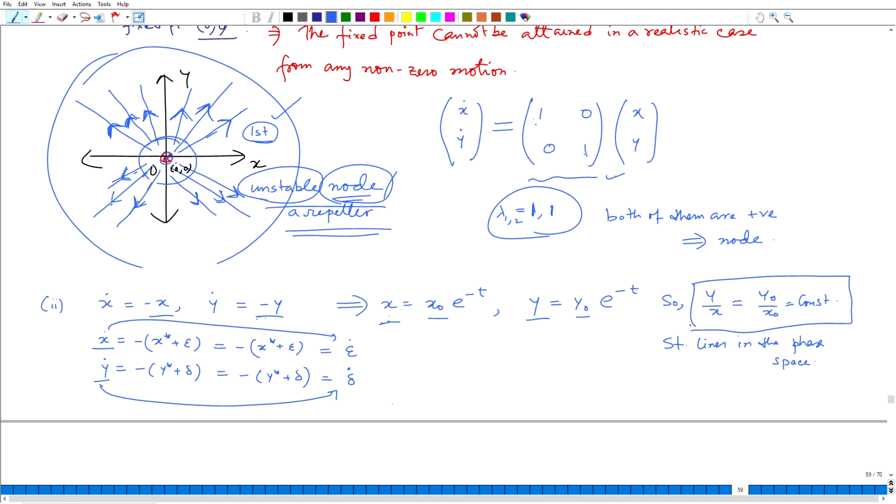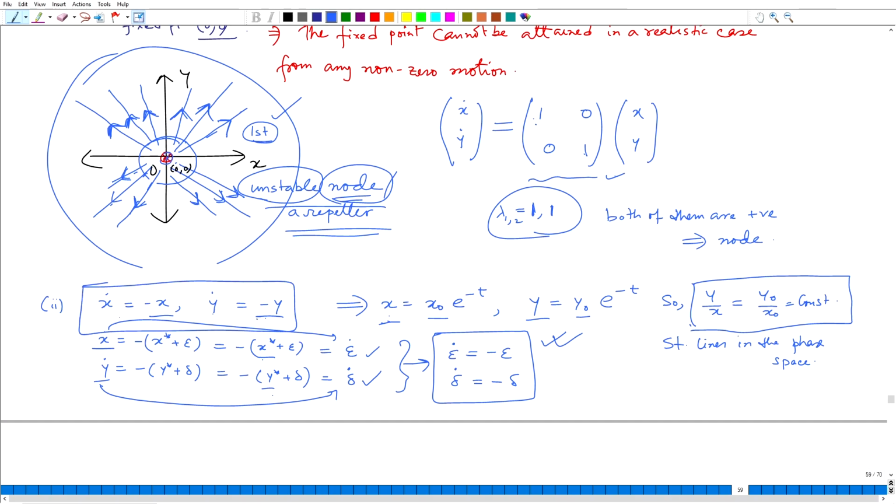So, instead of writing x and y, you can write explicitly in terms of the perturbations as well. Since I am doing this perturbation with respect to the fixed point, and the fixed point is 0 0, they will be 0 both of them. Finally, you will have the resultant equations epsilon dot is equal to minus epsilon and delta dot is equal to minus delta, so the forms of the equations for the perturbations will be exactly the same